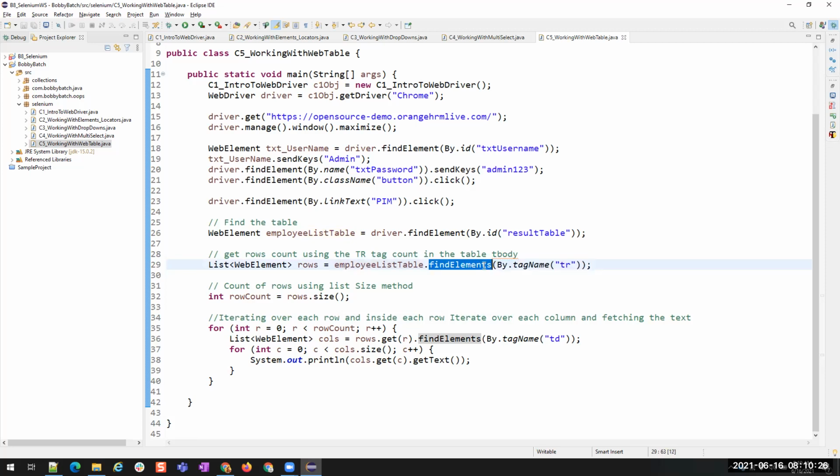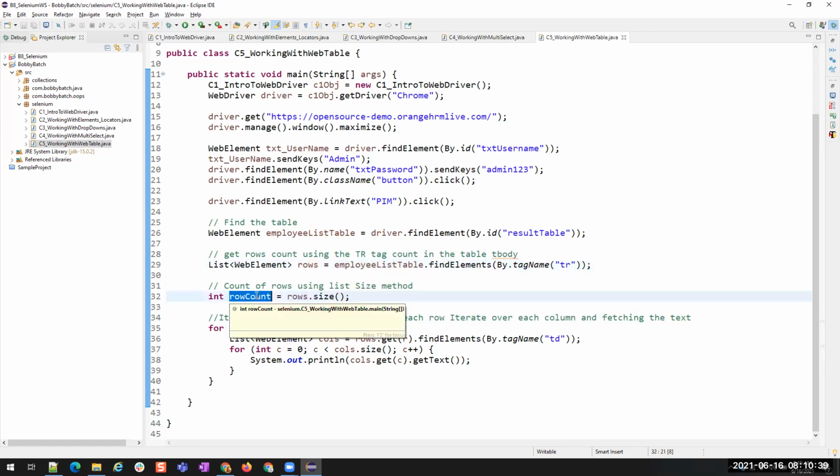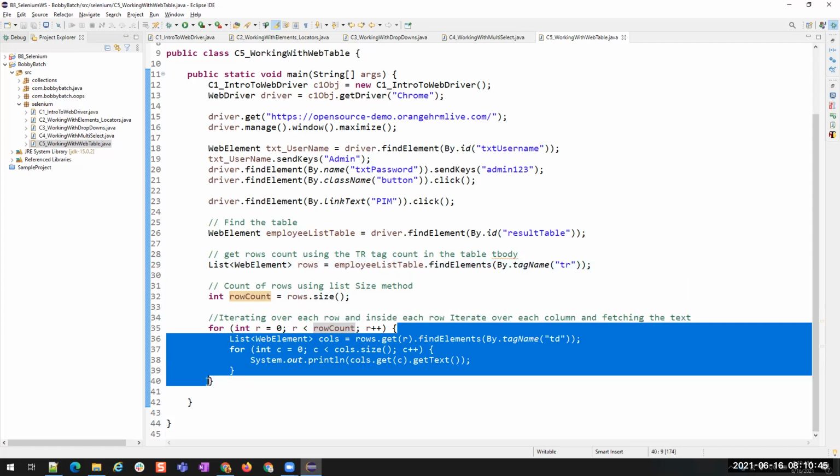This is going to return a list. So I stored it inside a list. Now, to know the size of this list or to get the count of the rows, I can get the size of this object. So that's why I called this size method, so that I got the count of the rows. Now we have to iterate over each row. So that is why I created a loop for this row.